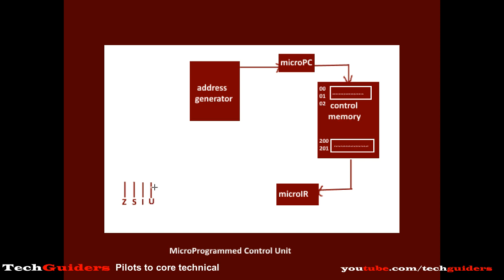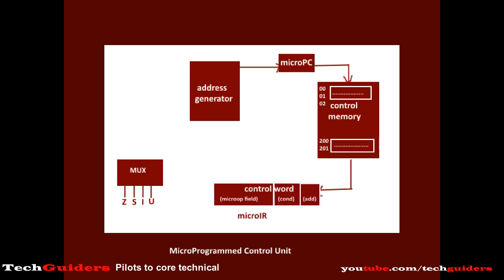Now these condition code flags will act as the inputs to a multiplexer whose selection lines are connected to the condition field of the control word within the microinstruction register. Here we have 4 inputs, hence the number of bits in the condition field is 2. If the condition field bits are 00, then the zero flag should be checked. If the condition bits are 01, then the sign flag should be checked. If it is 10, the indirect bit is to be checked. If it is 11, then the branch or jump is unconditional. So just assume we have only this many conditions to be checked.